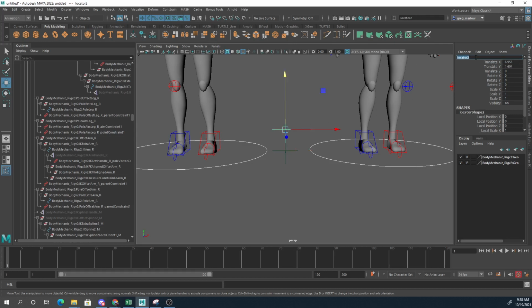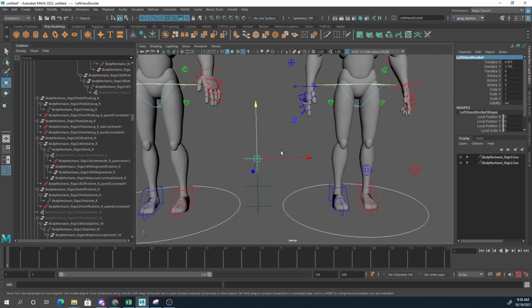And this one, let's call this shoulder socket. And then this one can be, I guess, left hand socket. Right. And then we could make one more here, and we're going to call it